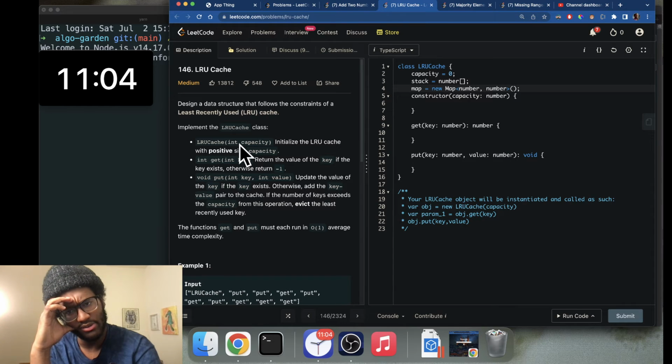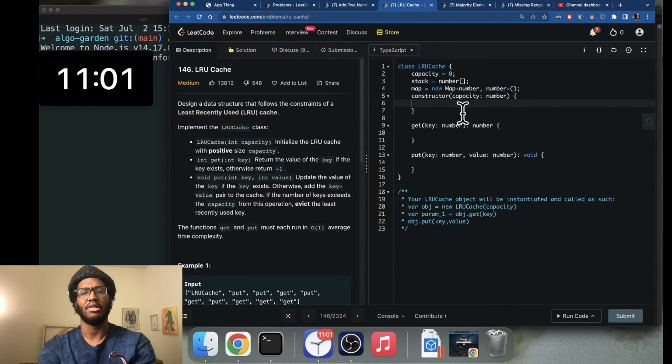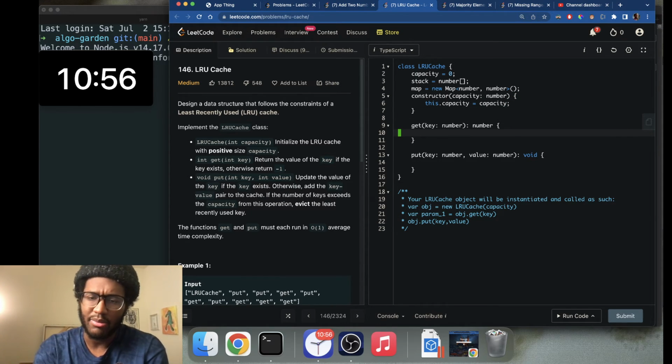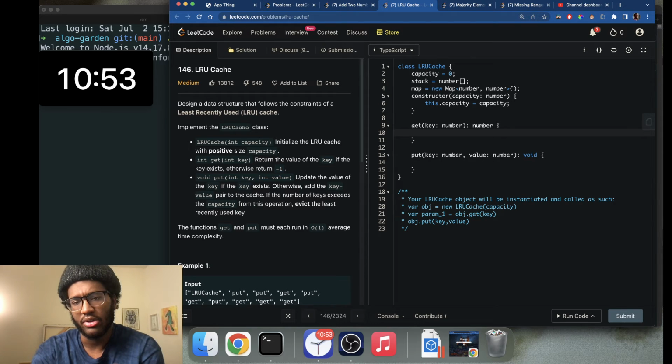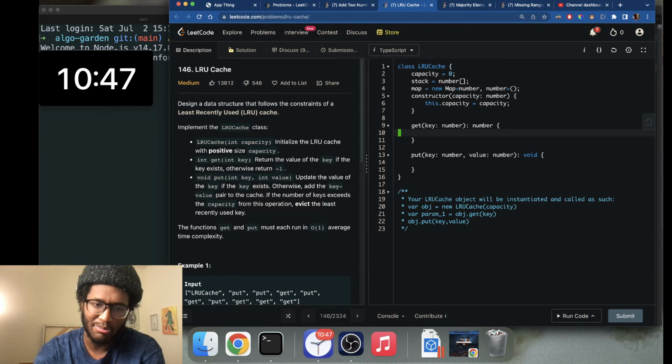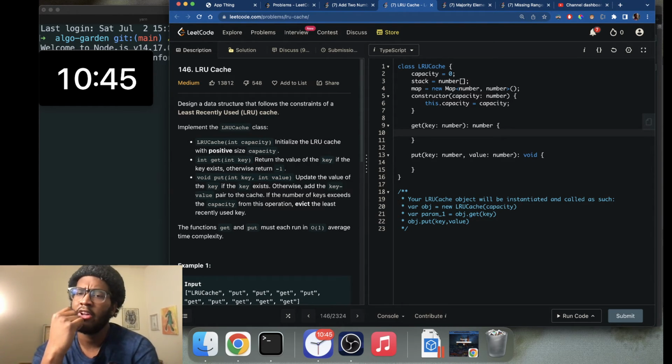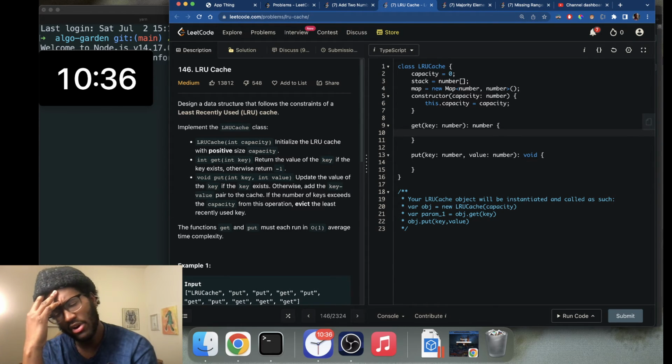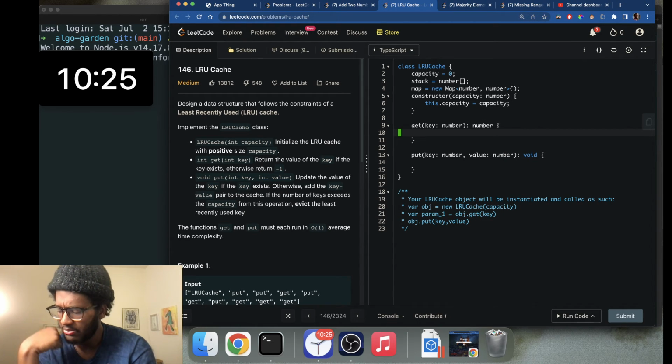With the LRU cache class, the positive capacity, maybe we could just say this dot capacity equals capacity. Then we have get key colon number colon number. So when we get a value, you just get it from the map. We want to do least recently used, something with bits. Doesn't make much sense. So if this get, we want to know if we're going to get the value, if we had some sort of auto sorting structure,